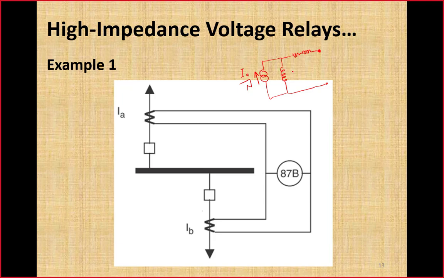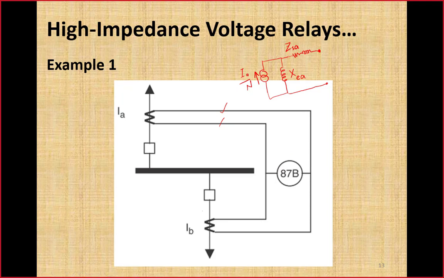Here, if we assign the impedance, that will be XEA, the excitation impedance of CT A. The second subscript stands for circuit A. And this impedance we can call Z series of A. That includes the current transformer secondary leakage impedance plus the lead impedance of the wires which have been used to connect the CT secondary with the relay. So that has been lumped into this impedance, Z series of circuit A.